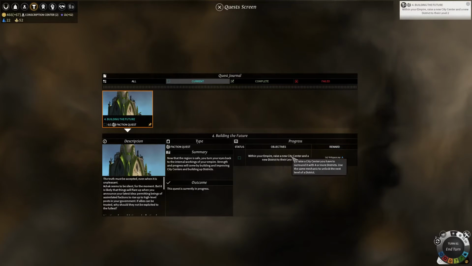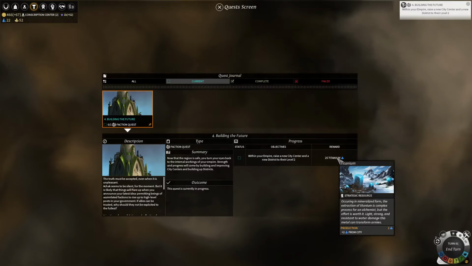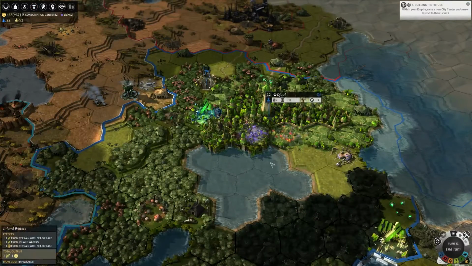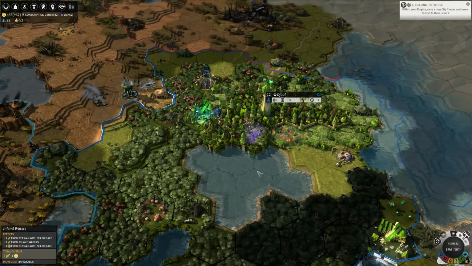Then there's a little summary, the outcome, which basically means have you fulfilled the quest or not, the objective, what you need to do, and the reward. Each quest gives you a reward. These rewards range from resources, like in this case, sometimes you get units or a technology, it differs. Faction quests, you will start your faction quest from turn 2, and then every time you complete it you